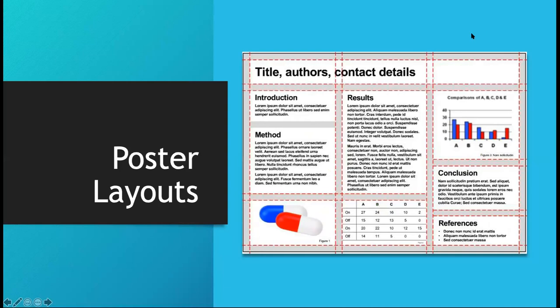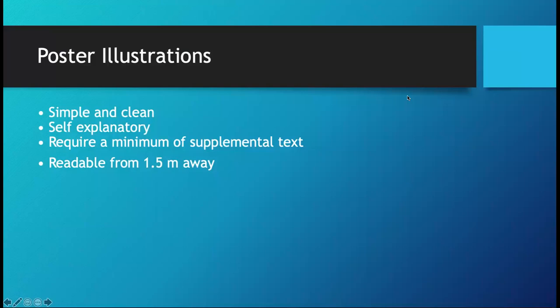This is another poster layout. The same layout as I previously mentioned: introduction, methods, results, tables, conclusion, and references. All right, so regarding the poster illustrations, it has to be simple, clean, self-explanatory, and require a minimum of supplemental text,